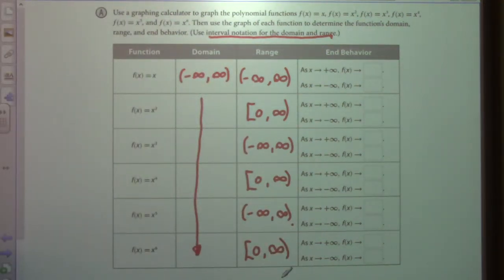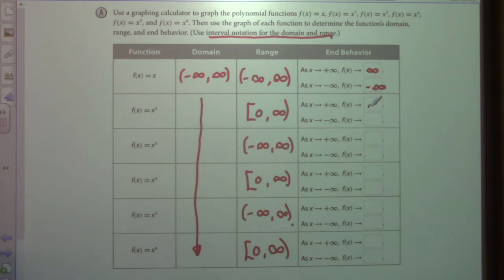Okay, and that's going to affect our end behavior, isn't it? So as x approaches infinity, f of x approaches... As x approaches infinity, f of x approaches negative infinity. Or positive infinity, positive infinity, right? As x approaches negative infinity, f of x approaches negative infinity. And then for this one, the x squared, as x approaches infinity, f of x approaches